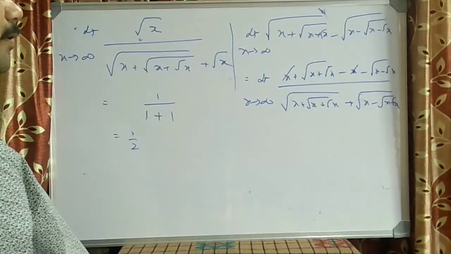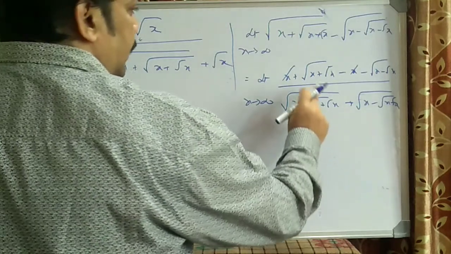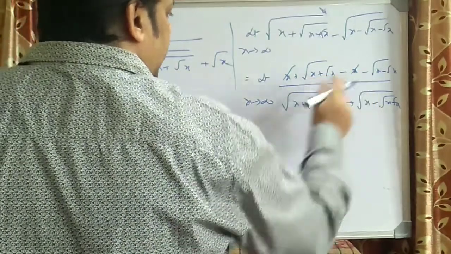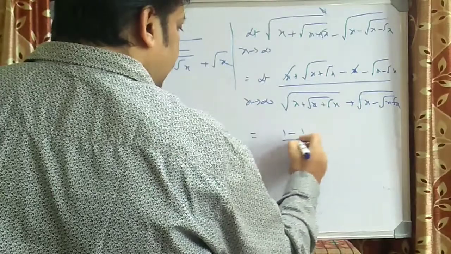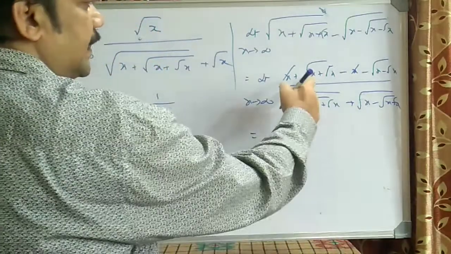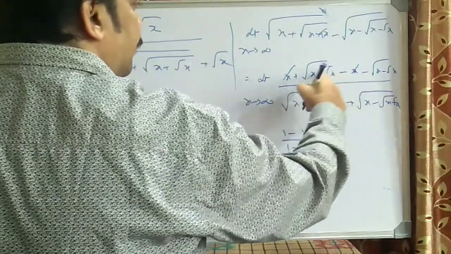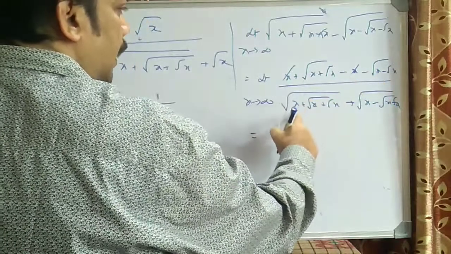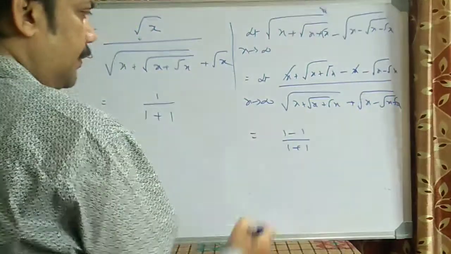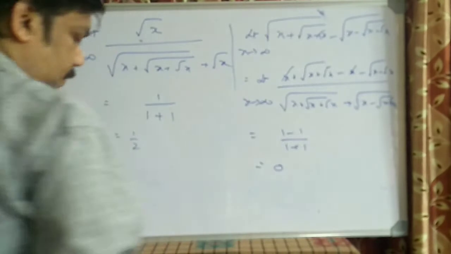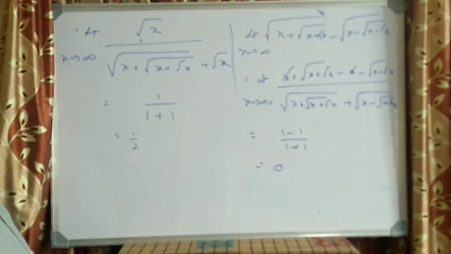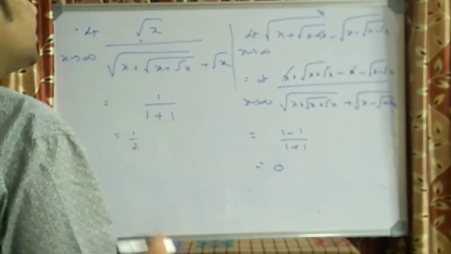Okay. Now the problem here is a simple one. Now it is again 1 minus 1 by 1 plus 1. You can say highest degree is 1 by 2. I am having two terms here with the power 1 by 2 and two terms here with the power 1 by 2. So the answer is simply 0. Okay. Now I am going to the next model, which is the extension of this one only.